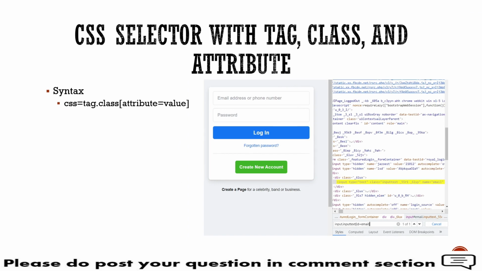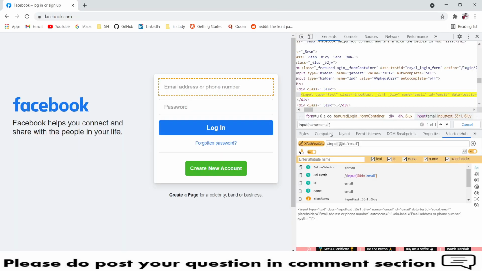So the next locator we have is tag, class, and attribute. So this is also one of the good approaches when you have duplicate elements which are frequently coming in the DOM structure. Then you wanted to filter it, and you wanted to see one of one. Then you can use this approach. This approach comprises tag plus class and attribute value. So in the tag we are additionally providing the class as well. With that class you are identifying again the attribute and attribute value. So let me show you that as well.